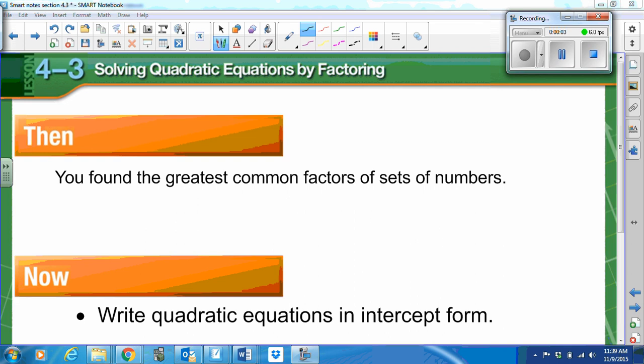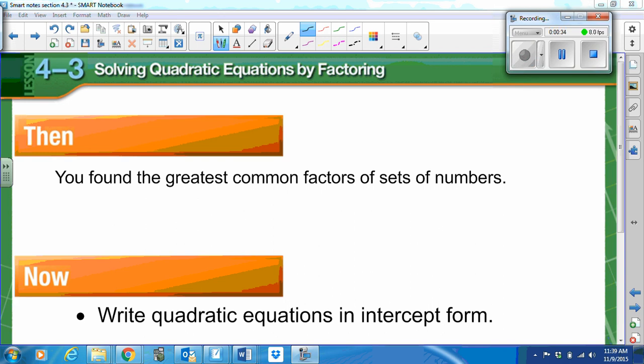In section 4.1, we talked about various ways to graph quadratics by finding the axis of symmetry and then the y-intercept. And in section 4.2, we talked about the solutions of a quadratic, wherever that parabola is crossing the x-axis. So we had four different names for those. One was solutions, one was x-intercepts, one was zeros, and